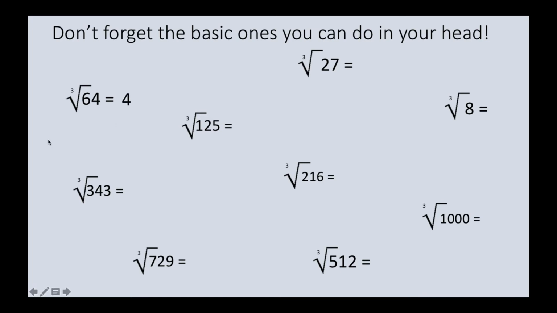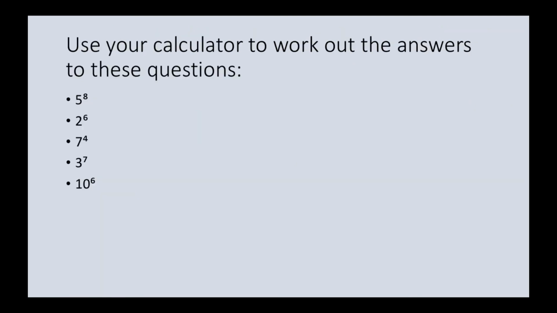So the cube root of 64 is 4, the cube root of 125 is 5, the cube root of 343 is 7, the cube root of 27 is 3, the cube root of 8 is 2, the cube root of 216 is 6, the cube root of 729 is 9, the cube root of 1000 is 10, and the cube root of 512 is 8. They're the ones I need you to remember, ready for your non-calculator exams, but anything other than that, you can use a calculator for. So have a final go at,